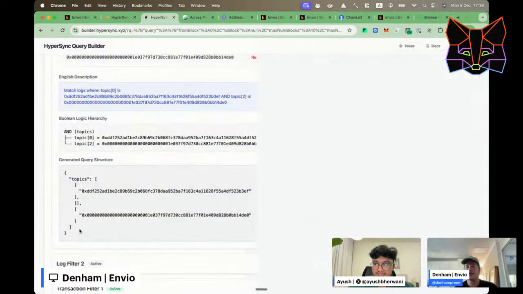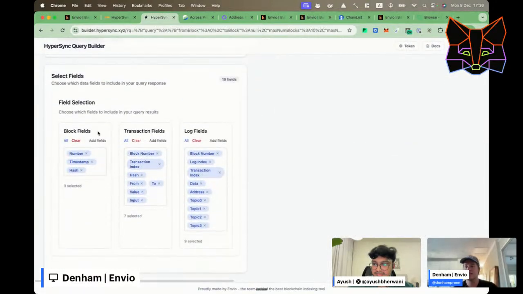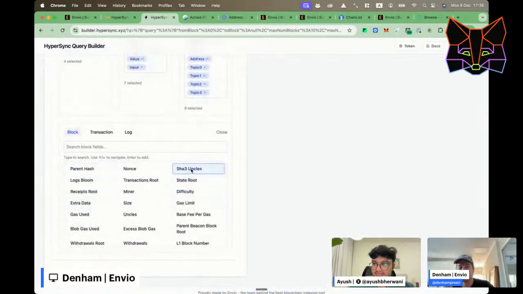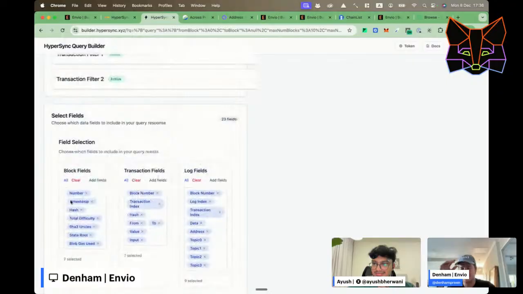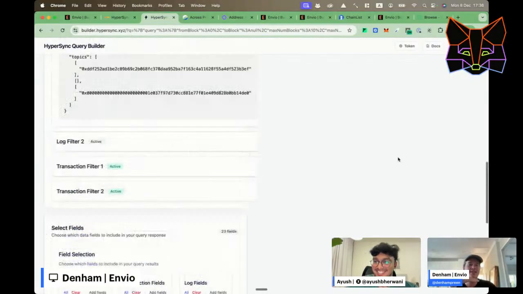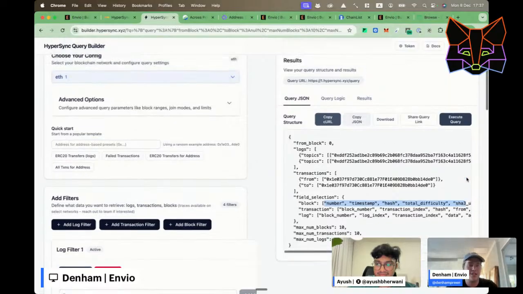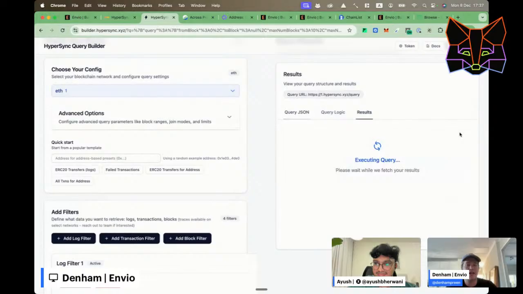If I wanted to, I could also tweak this and say I want more block fields. I don't know, I'm going to click some random ones. So I'm expanding that query, and you can see our field selection is now more expansive. Depending on your specific use case, maybe you want to calculate total gas, et cetera. I can then execute this query